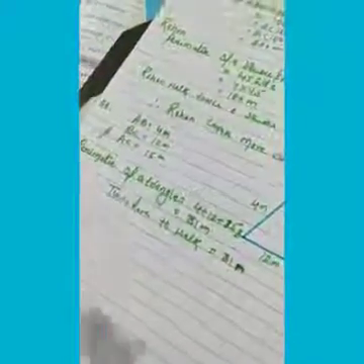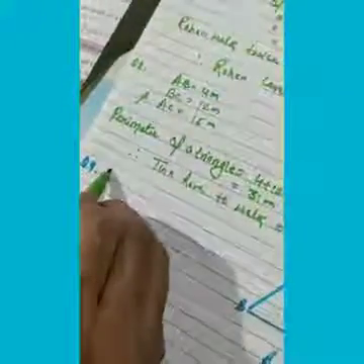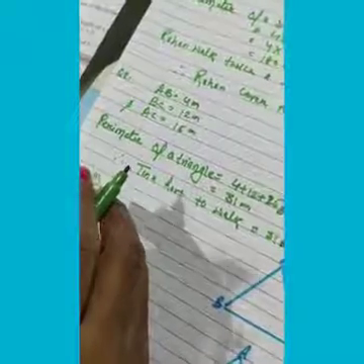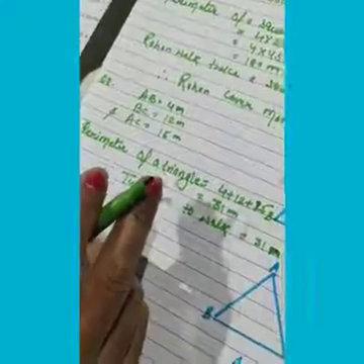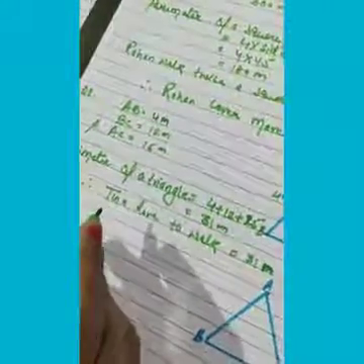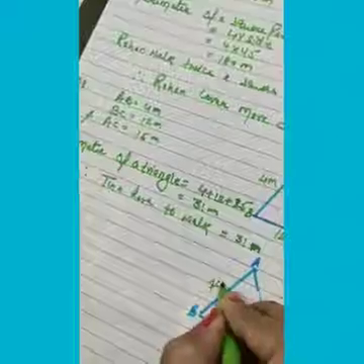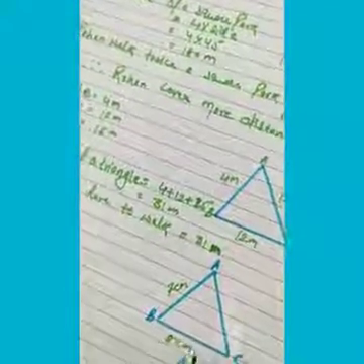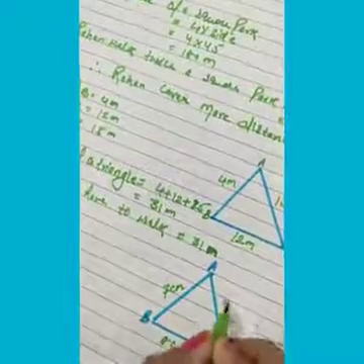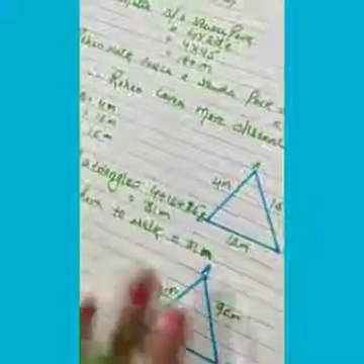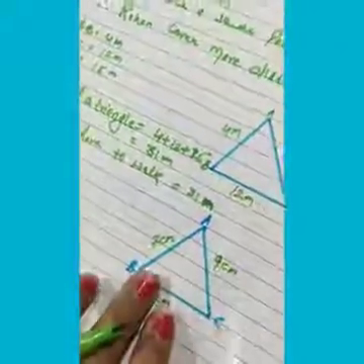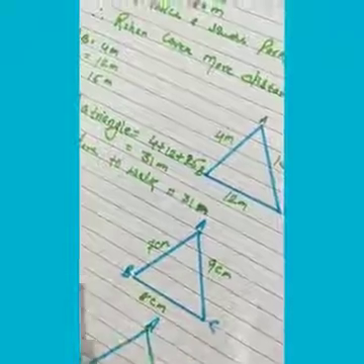Now the next question is question number 9. Question number 9A is given. A scalene triangle, means first you have to find the perimeter. Question A is given a scalene triangle with side 7 centimeter. Suppose here given 7 centimeter. Second is given BC 8 centimeter, and your AC is given 9 centimeter. Means this triangle's 3 sides are different measurements. So you have to do it yourself. Don't go with my measurement. I have given it on the rough sketch.